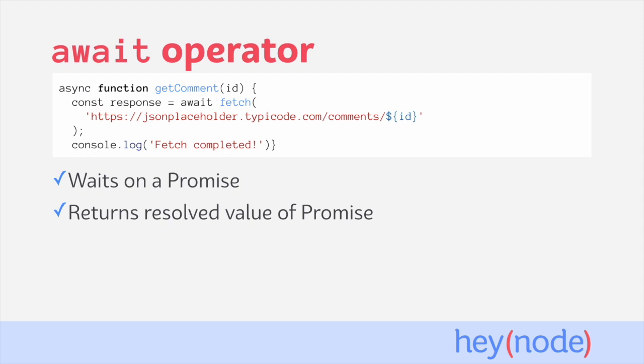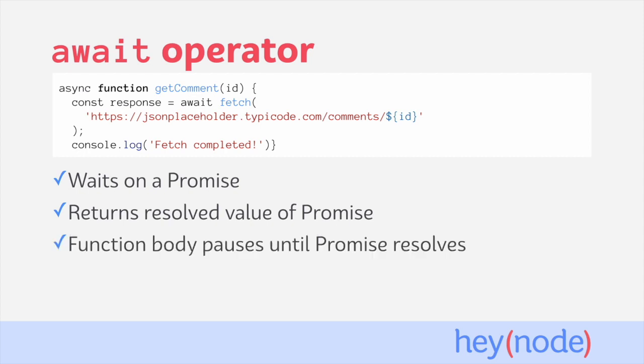If the promise doesn't resolve anything, then the value will be undefined. When you call await in the body of an asynchronous function, the function will pause its execution until the promise resolves. So that means that no more of that function will run until the promise is finished. It pauses the function in a non-blocking way. Other parts of your code are still able to run while this function has been paused.